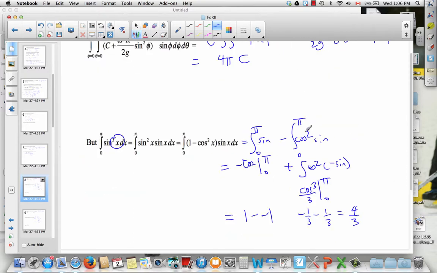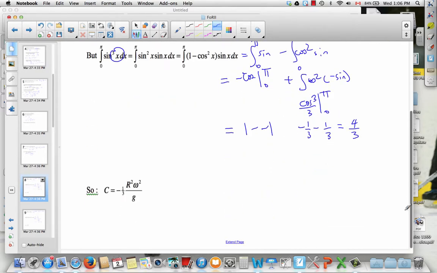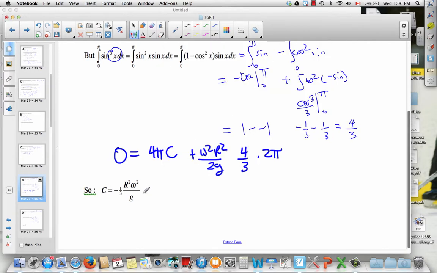So now, zero is going to equal 4 pi c from the first integral. And from that second integral, we're going to have omega squared r squared over 2g. We get a 4/3 from the sine cubed integral. Then we get a 2 pi just from doing a lap with theta. So lots cancels out here. 4 pi, the 2 cancels. And then we end up with this expression for that constant c, so that epsilon averages to 0 over the surface of the sphere. So thus, epsilon equals this constant